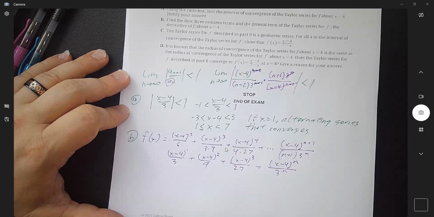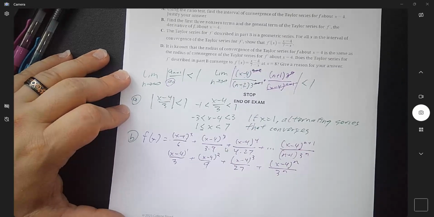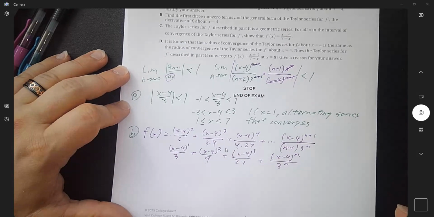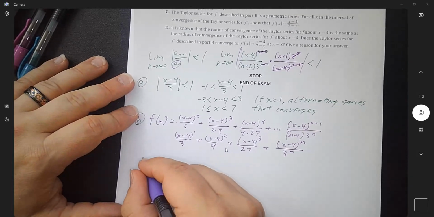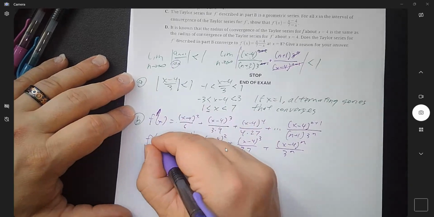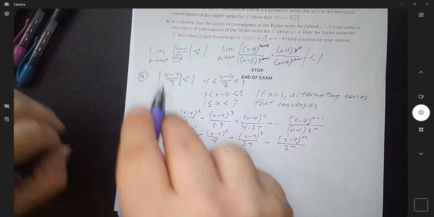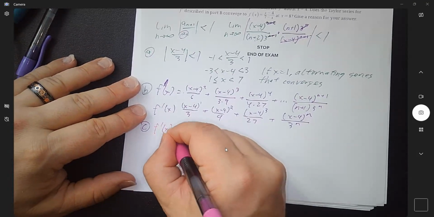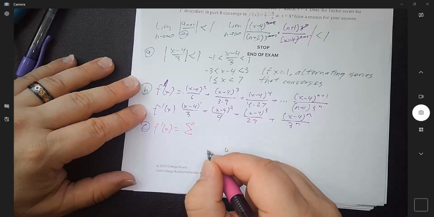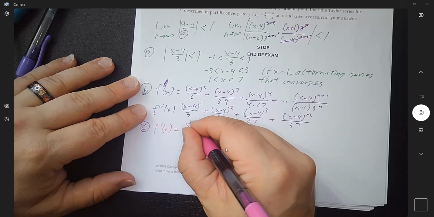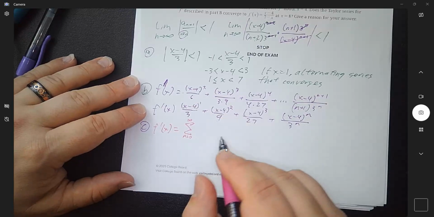The Taylor series for f prime described in part B is a geometric series. Well, what do you know? Okay, for all x in the interval of convergence of the Taylor series, show that f prime is equal to that. Okay, so f prime of x. Oh, no, sorry. This is f of x. This is f prime of x. Okay, so let's look at part C. Okay, so we're going to say that f prime of x is equal to the sum from n equals 0 to infinity of,